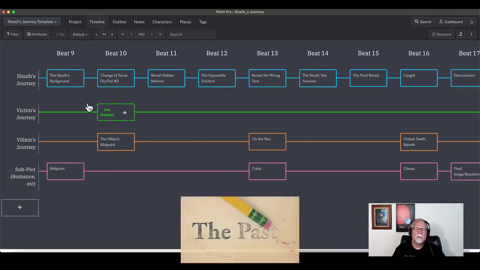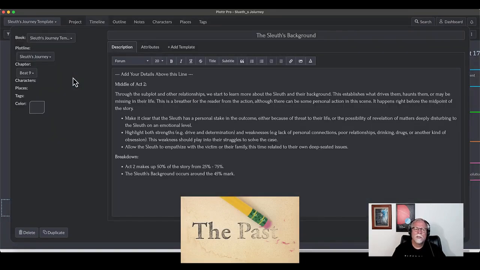Now we have the sleuth's background. This is the midpoint of the B story, and this is often how we find out something about the sleuth's background, through the interaction with this B story. We learn something about their past. We learn something about their other relationships. We learn something about their background that establishes what drives them, number one, what haunts them, what might be missing in their life,